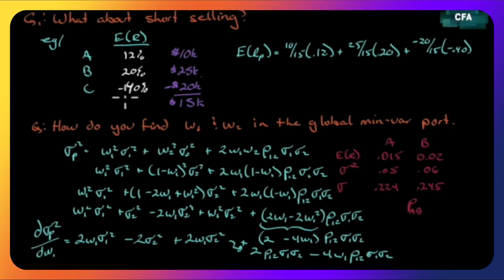So we don't want to be long that stock. We don't want to avoid it. We're traders. Hey, look, there's a short. Let's short that thing. So we're going to put 10,000 behind A. We're going to put 25,000 behind B, and we're going to short sell asset C by 20,000. So you're going to invest 35,000 at least to buy A and B, and then you're going to short sell C, which you don't need money for.